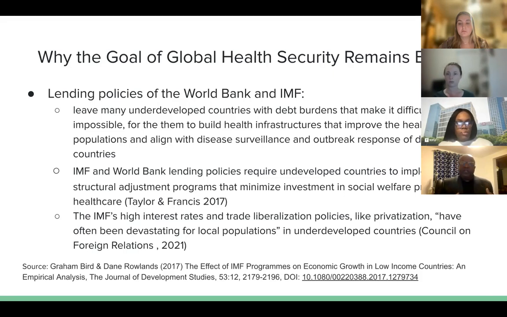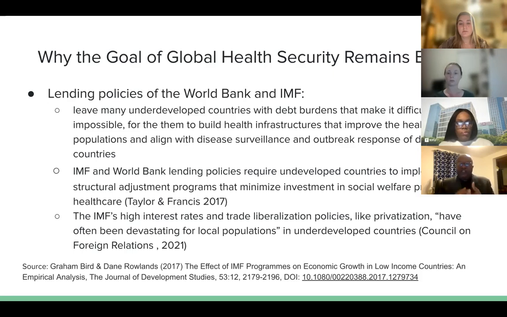They give them loans that have high interest rates and very stringent conditions. Back in the 1980s, there was this program called the Structural Adjustment Program, SAP, that the World Bank and the IMF required developing countries and other underdeveloped countries to implement in their economies in order to qualify for IMF or World Bank loans. Well, what happened was that these requirements